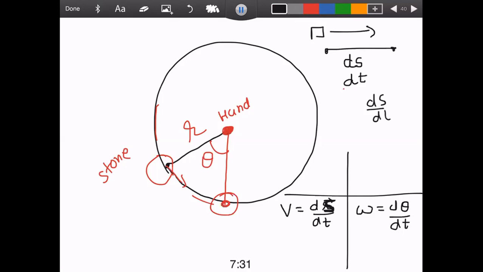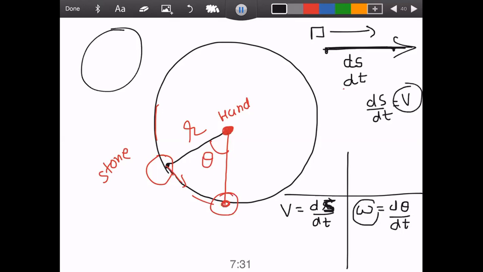But this box is moving linearly. What if we throw the box in a circular way? Then we cannot find the linear velocity; we have to find out how much the angle changes. So here the displacement is s, but there the displacement is theta, the angular displacement. So s is replaced by theta, and omega equals d theta by dt. Here the displacement is s. That's why, when we do the comparison part,